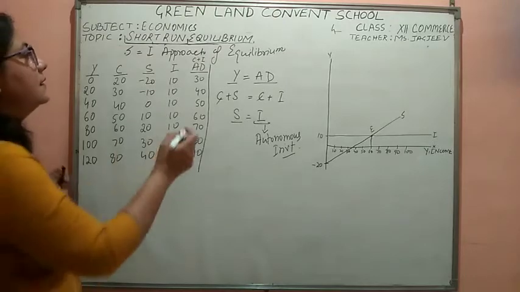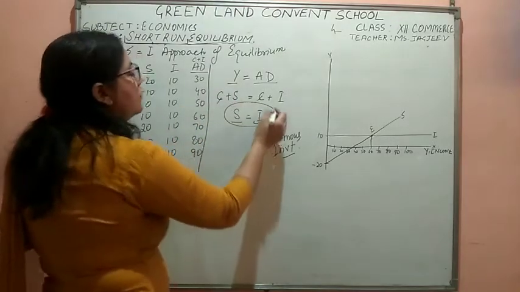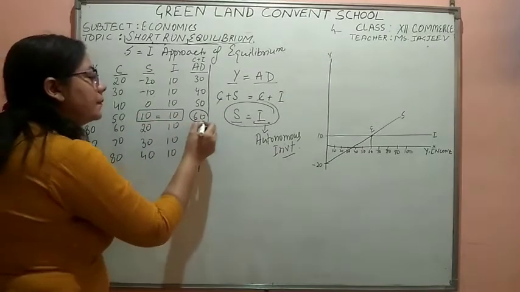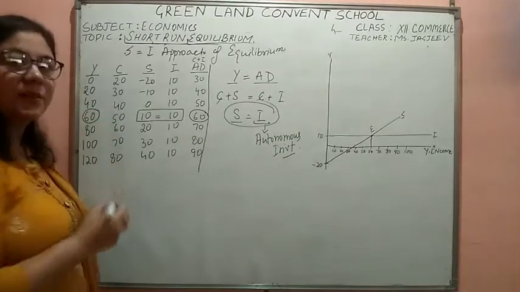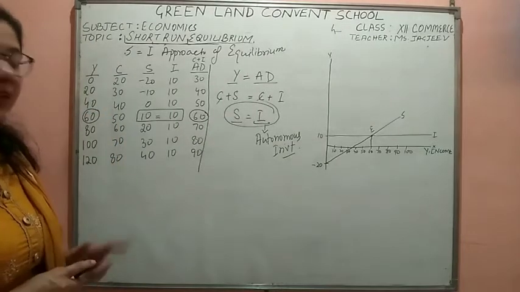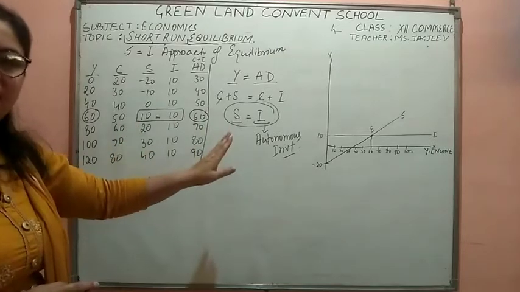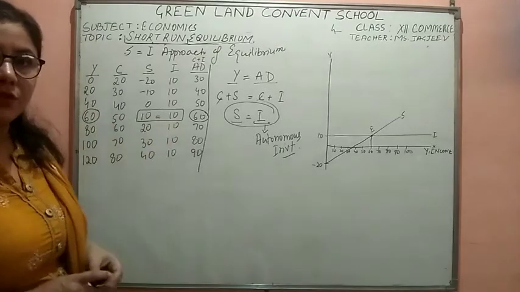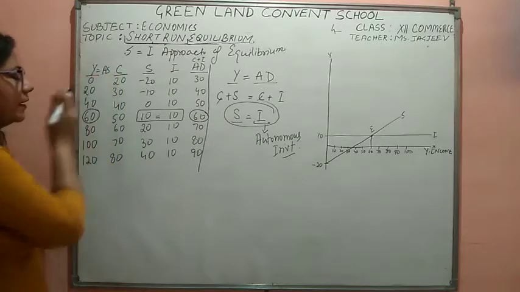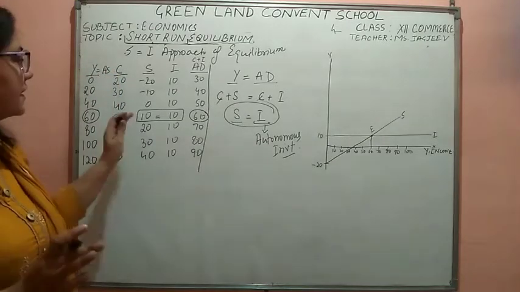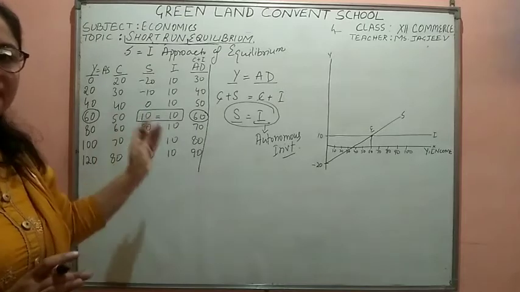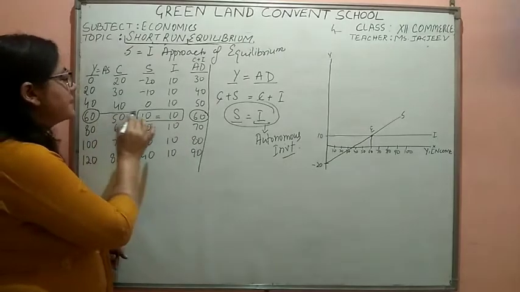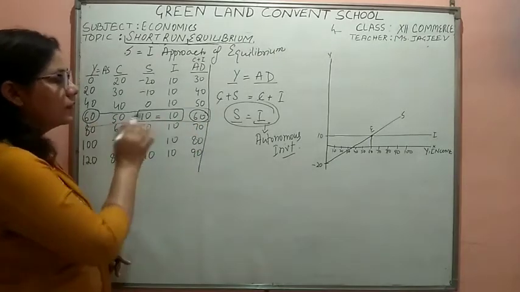Now students, the equilibrium will be where S is equal to I. Here S is equal to I. It is the same position where our aggregate demand was equal to aggregate supply. So that is what we call equilibrium. Equilibrium will be at the same level. We can determine it by two approaches: either by the ADAS approach, because Y is equal to AS, or by the saving and investment approach. The result will be the same. Savings is exactly equal to investment at the level where AD is equal to AS.